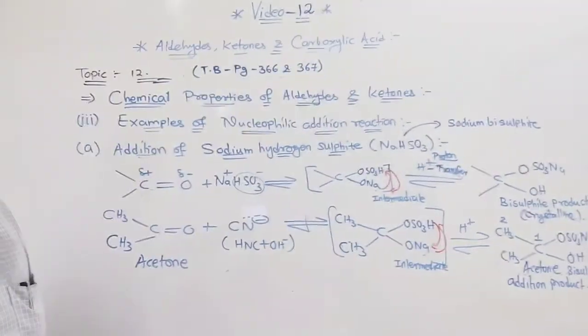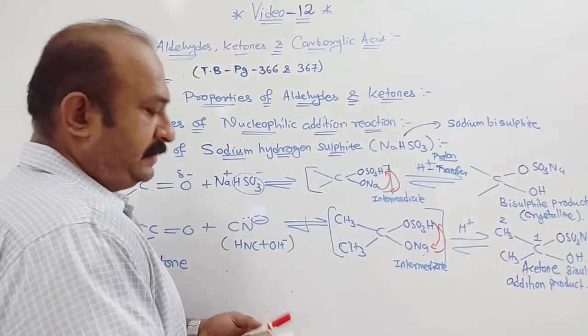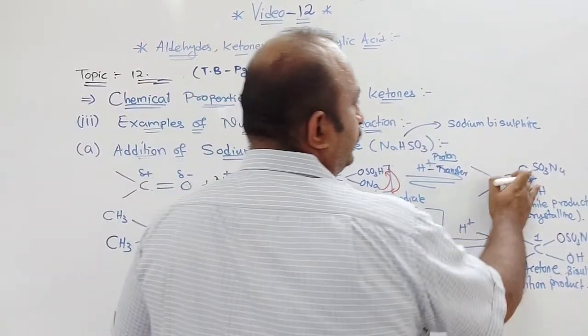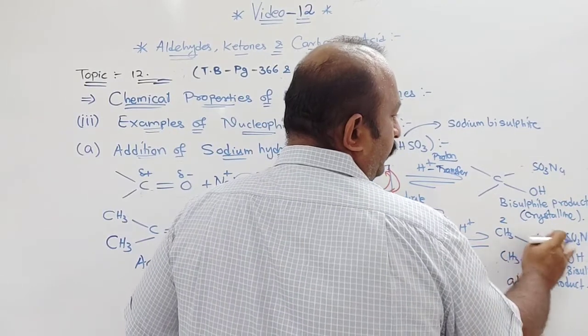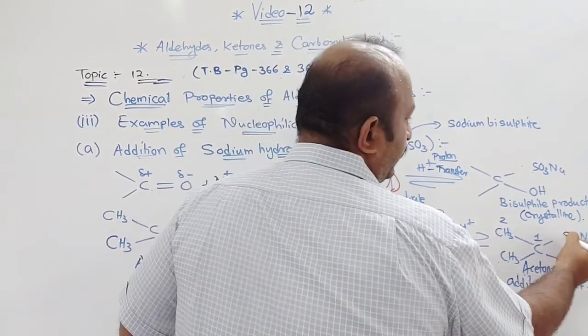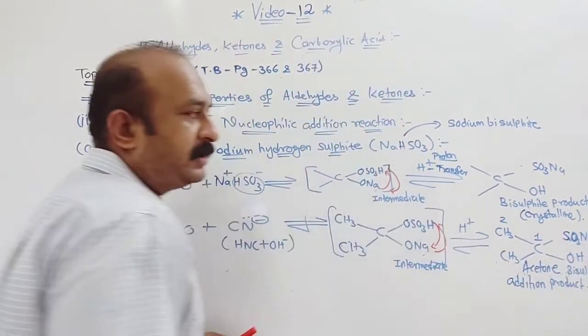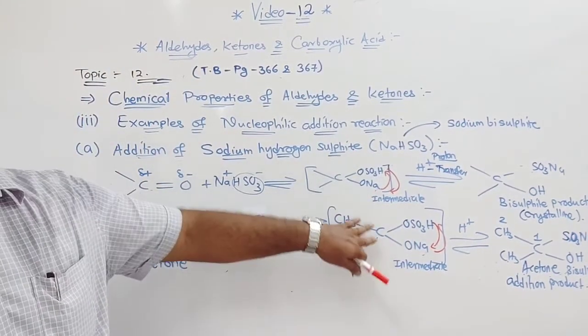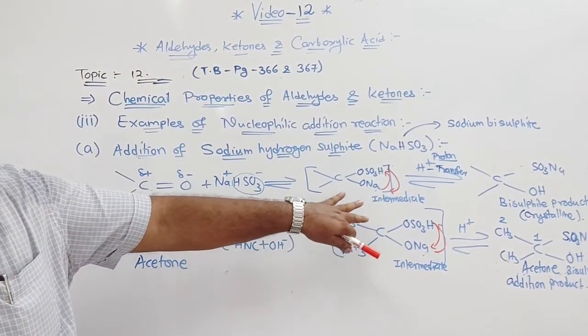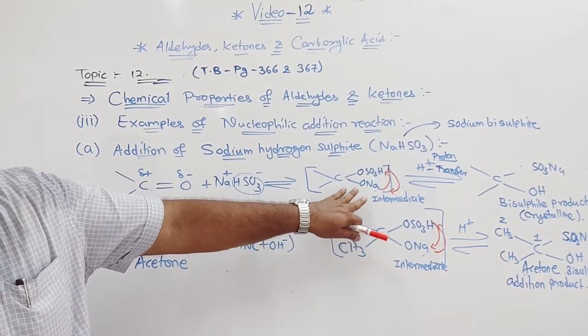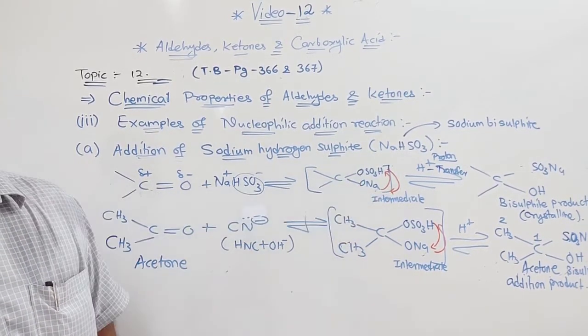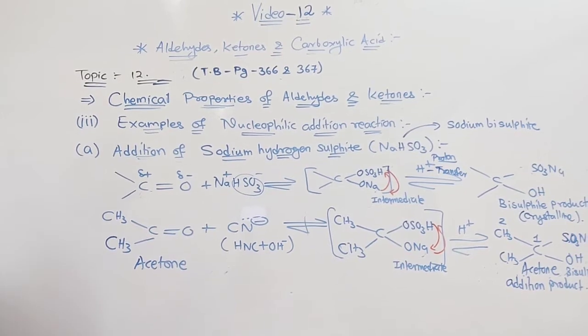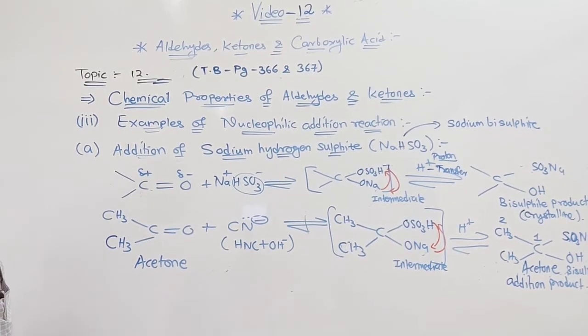Just a minute. Okay. Before writing this, there is a little change in this case. Here, O will not be there. No? SO3 Na will be there. Then only it will be this product I have written. Understood? But here, in this complex, it will be O, what we say. That is given in your textbook. You can see in the intermediate here O will be there. Understood this part? Okay. Now, the next I am going to discuss.